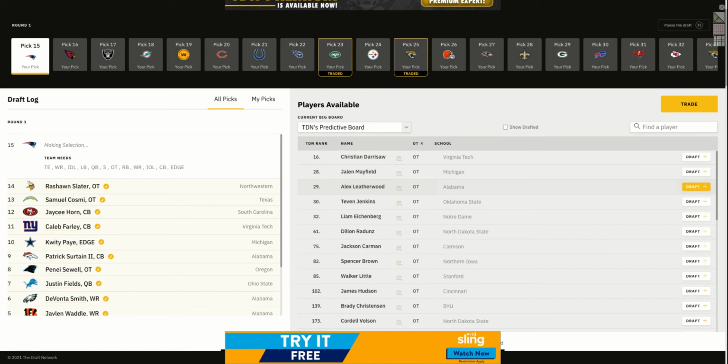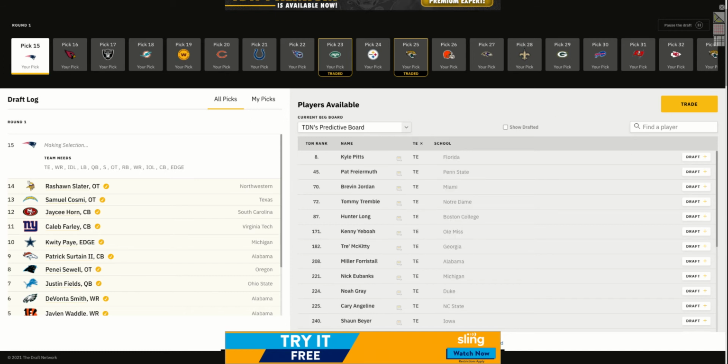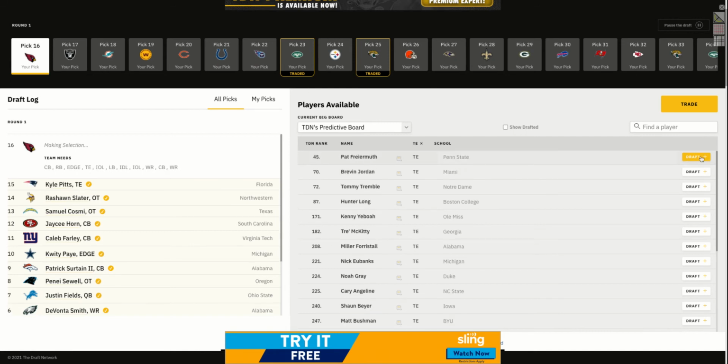And finally, almost halfway through, the Patriots, they do need a quarterback, but based off the simulation, they will go with and draft Kyle Pitts. So Kyle Pitts going to New England. We have next up